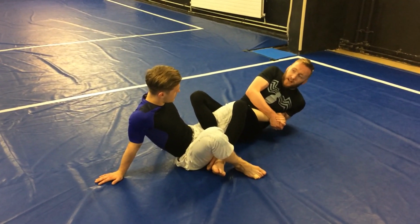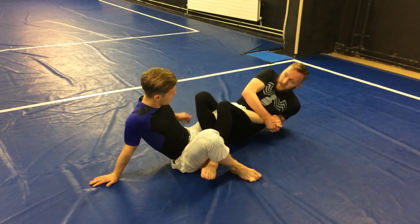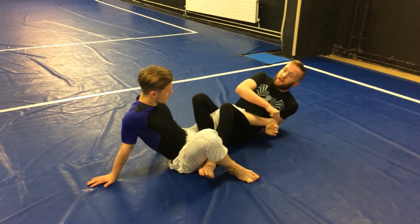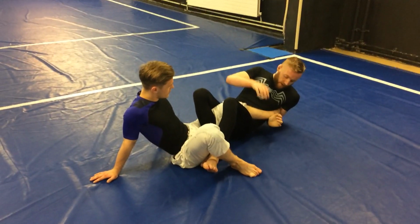Same as the straight ankle lock. Elbow into the ribs, boom, tight grip, legs tight, turn, and most importantly, this knee does not move with the heel. If this knee moves with the heel, I won't finish it. So, again,